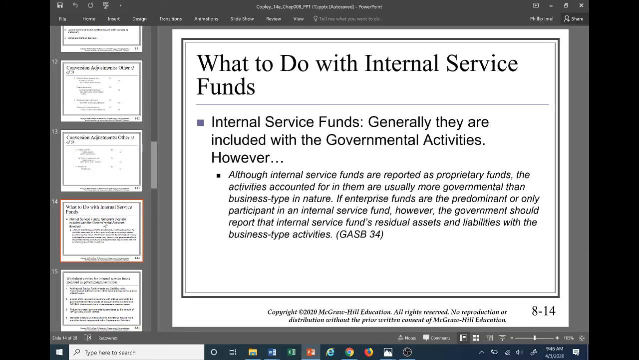The main difference between the two proprietary funds, the internal service fund and the enterprise fund, is who they service. And we know that the enterprise funds service those external to the government, those people outside of the government, whereas the internal service funds, usually, as they say here, service the actual government functions itself, so other departments within the actual government. So that's why we're seeing here that they're generally included within the governmental activities on the government-wide